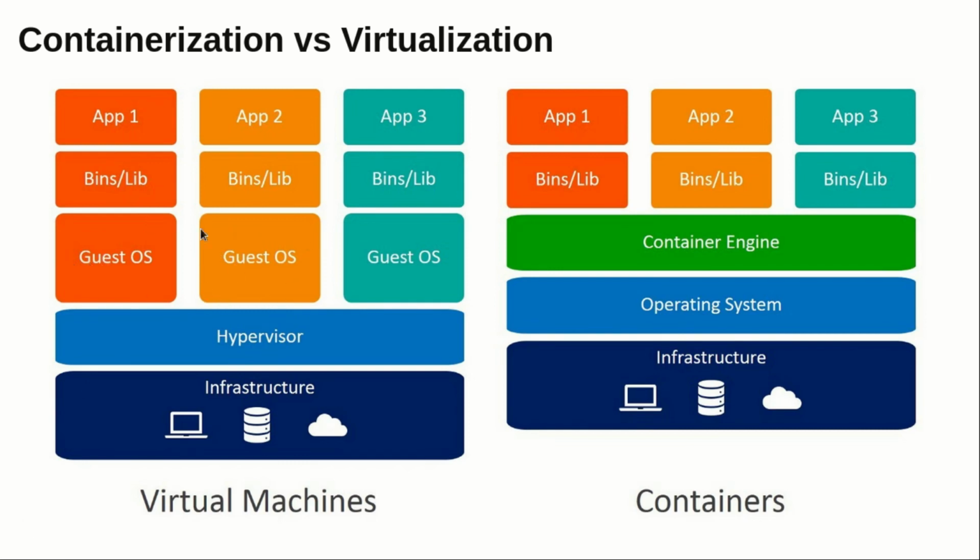Similarly, the second operating system also requires some resources, so the hypervisor will give those resources to the second operating system. The same situation happens with the third operating system. After that, application one, with all the binary files and all the files that are required, will be present in the first operating system, and the second application will be present in the second operating system, and the third application with its binary files and required files will be present inside the third operating system. This is the functionality of the virtual machine.